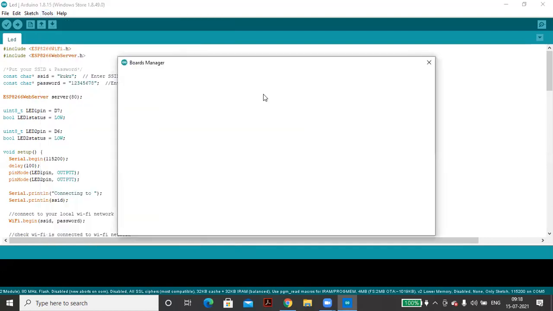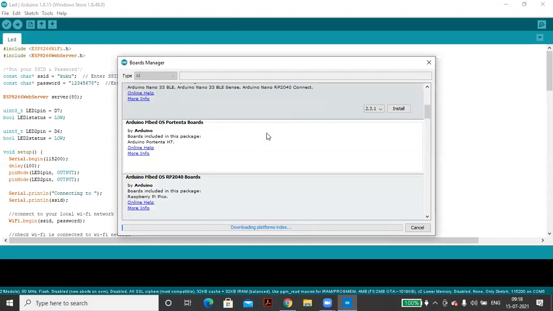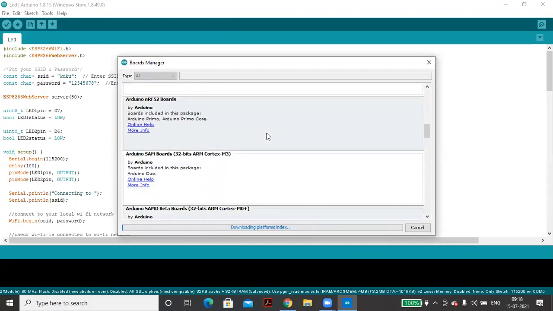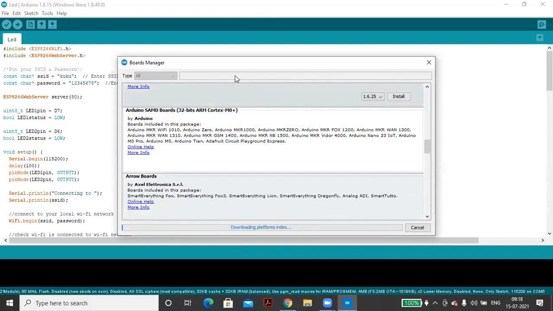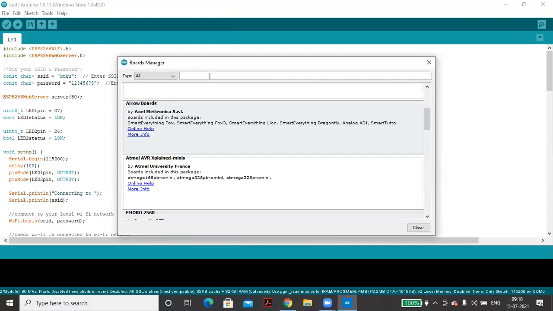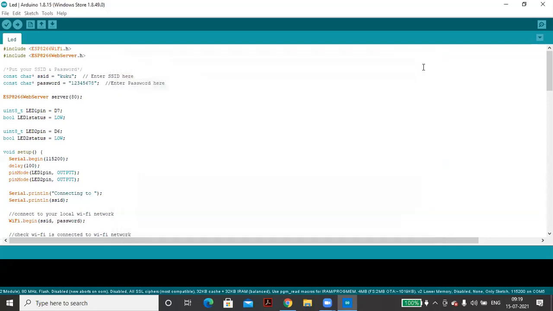If the board you are using is not showing in the software, you have to download it from here. Suppose we are using NodeMCU, then we will type NodeMCU here. It's showing ESP8266 as installed. If you have downloaded the new version, maybe it will not show, so then you have to install it. After installing, your problem will be solved.